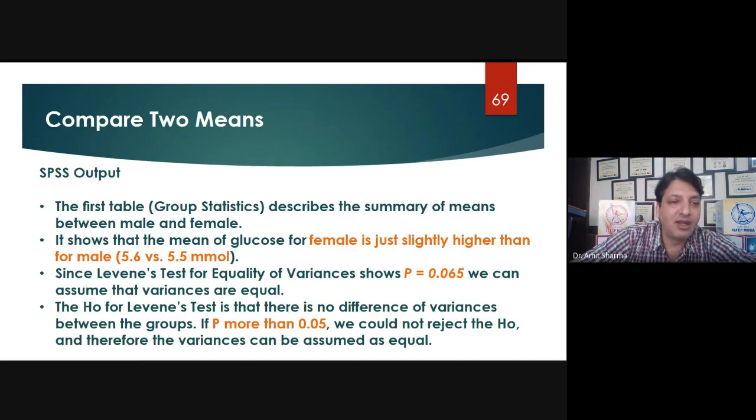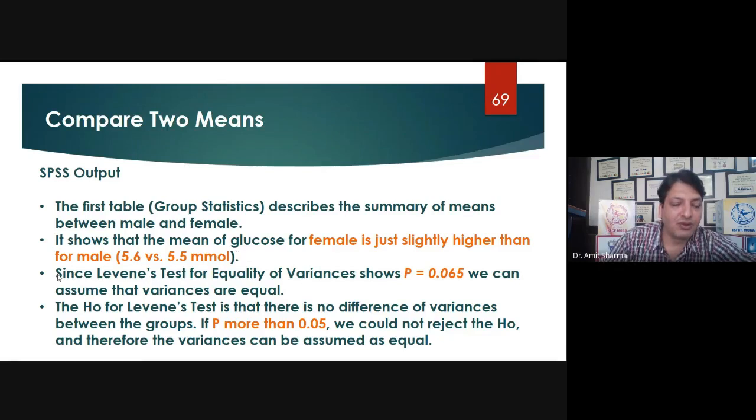You can write, it shows that the mean glucose level for female is just slightly higher than for males. You can write both values, 5.6 versus 5.5 millimole per liter. Clear? This is the example of how to write the results of the group statistics given in the first table. You can add the standard deviation also; I have not added it in the